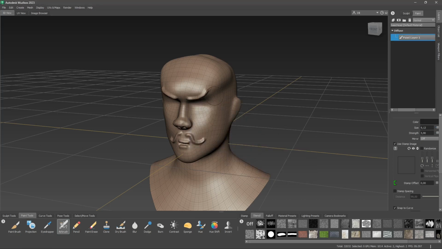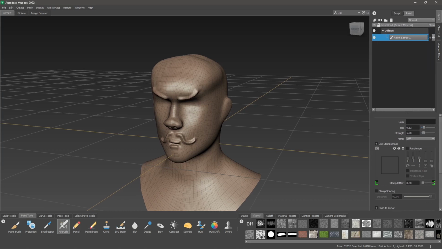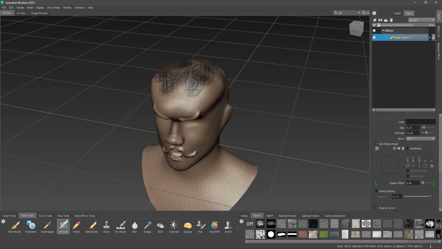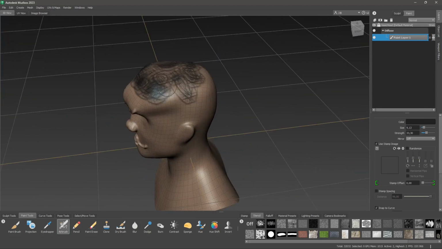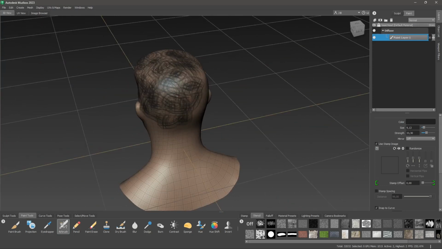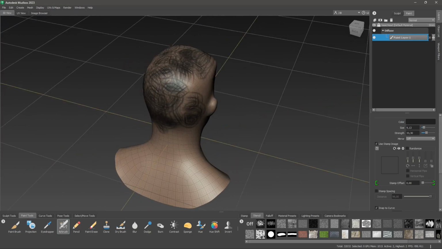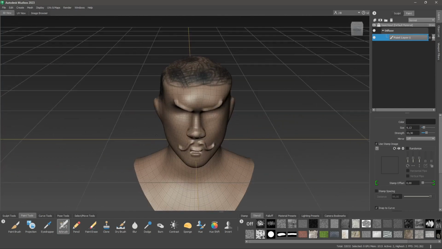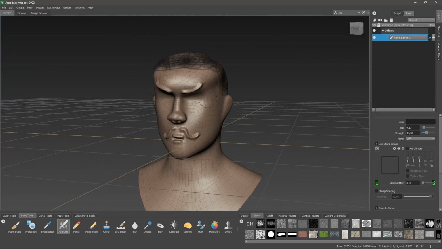So once you have at least one paint layer, you can start to paint, and you can use the stamps, you can use real images, you can apply graphics, logos, you can do branding, packaging, whatever. So right now I'm just going to use this airbrush to paint some hair on my character, in a really cartoonish way of painting, but this is a quick way to show you how you can export not only the 3D model but also the textures,